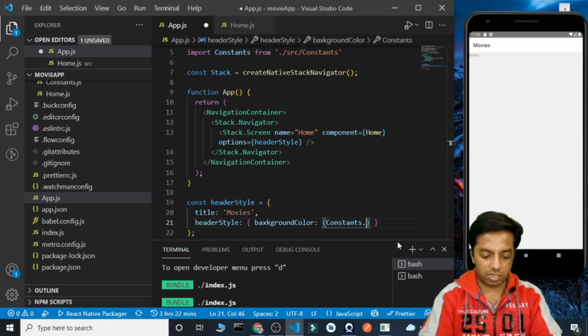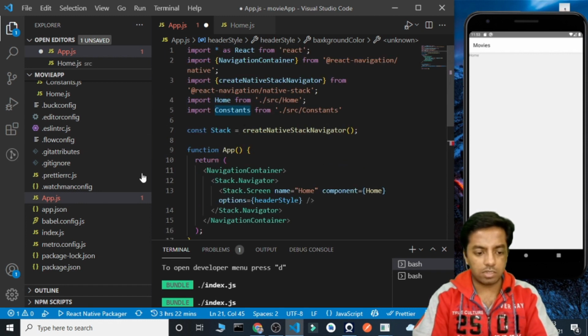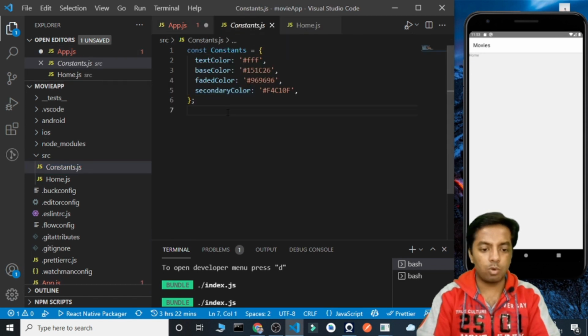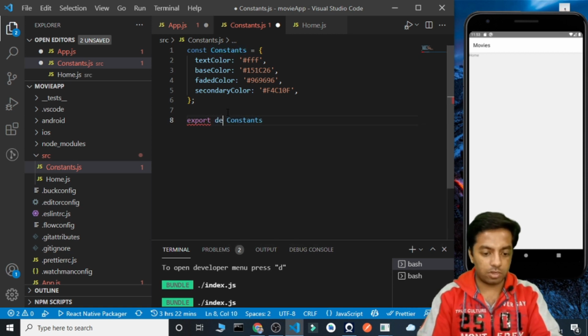So constants dot base color. So here it's giving us error. Why? Constants is also imported. Oh, okay. So we forgot to export the constants. So export default constants. Now it will work.